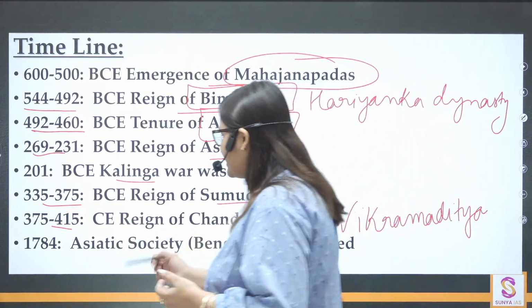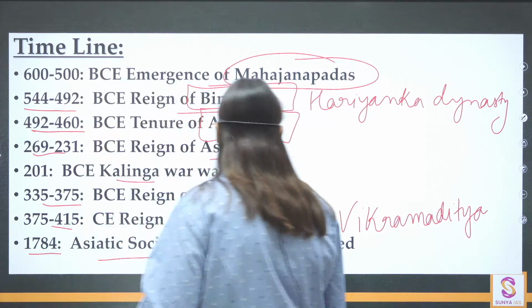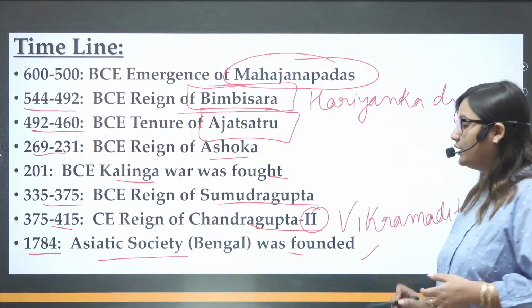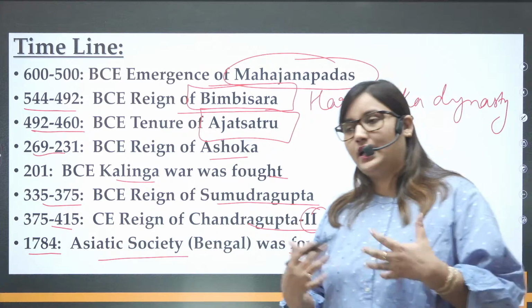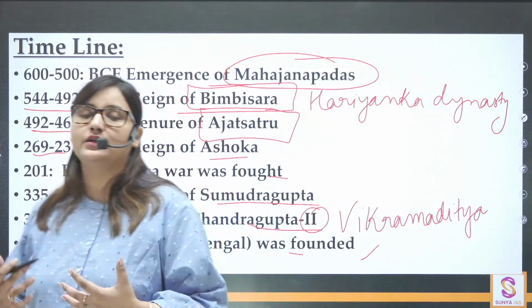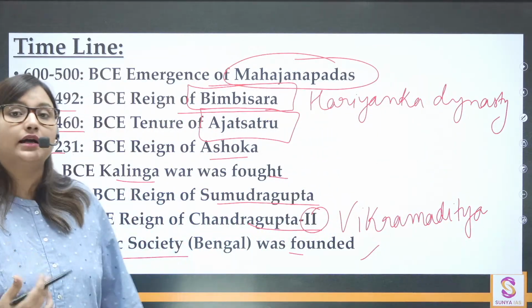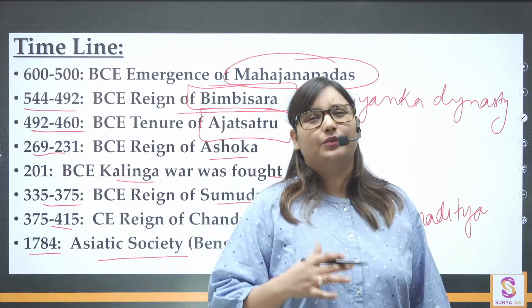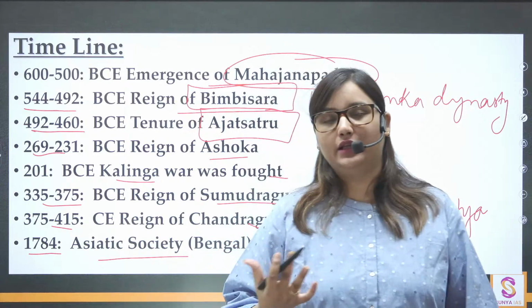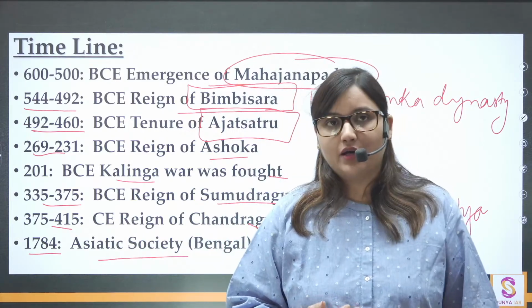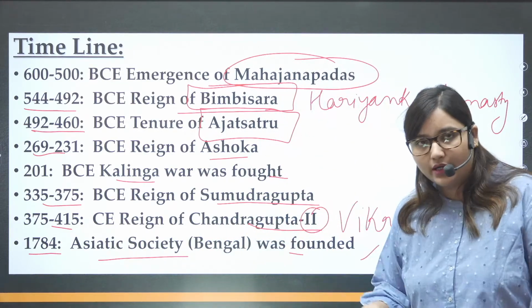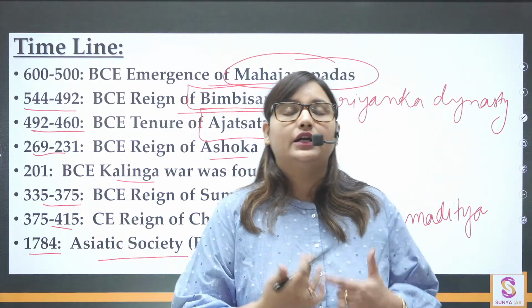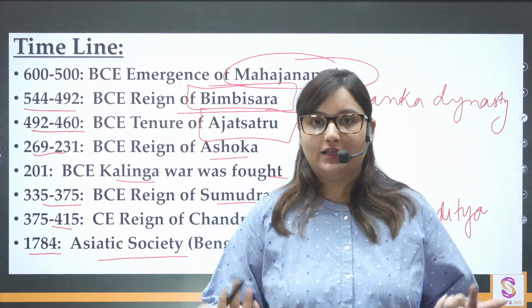Then in 1784, the Asiatic Society of Bengal was founded, from where the literary sources, archaeological evidences and so many other things were getting analyzed, and they started preserving many literary records also. So it also helps us in knowing ancient history well. Okay, so just write this timeline, it is important, and then I'll start the dictation of today's lecture,